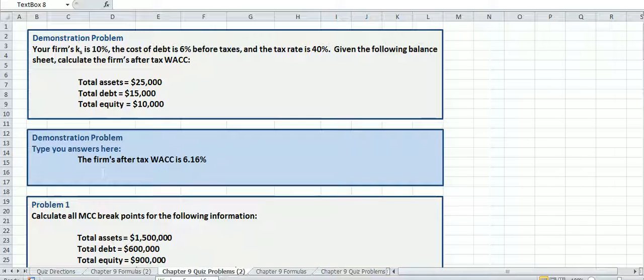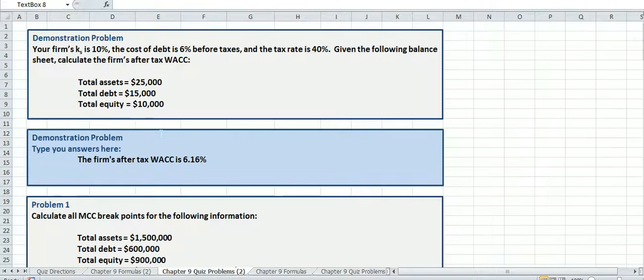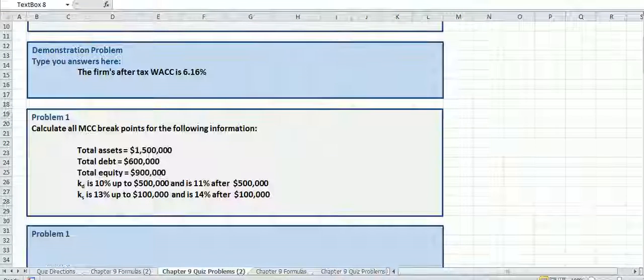So you just simply type in your answer here. What you have over here, I'm not actually going to check. You can use these to find the answers, but what I'm going to be checking is to make sure you type in the correct answer in the blue box on this page right here. Okay, so